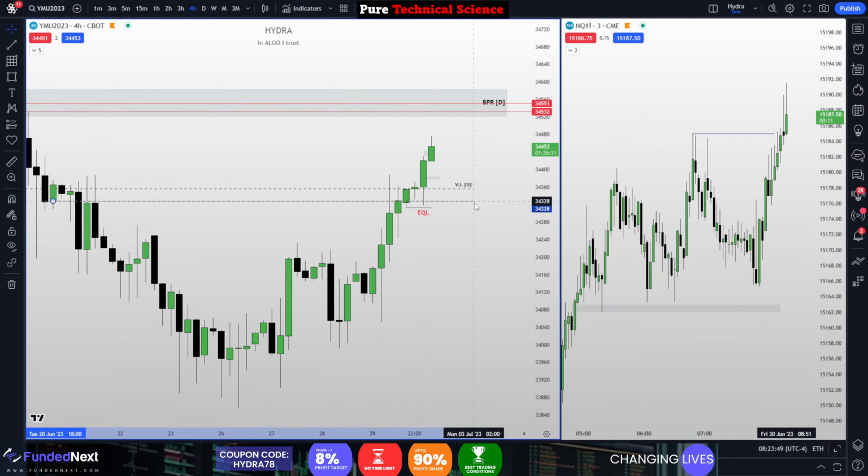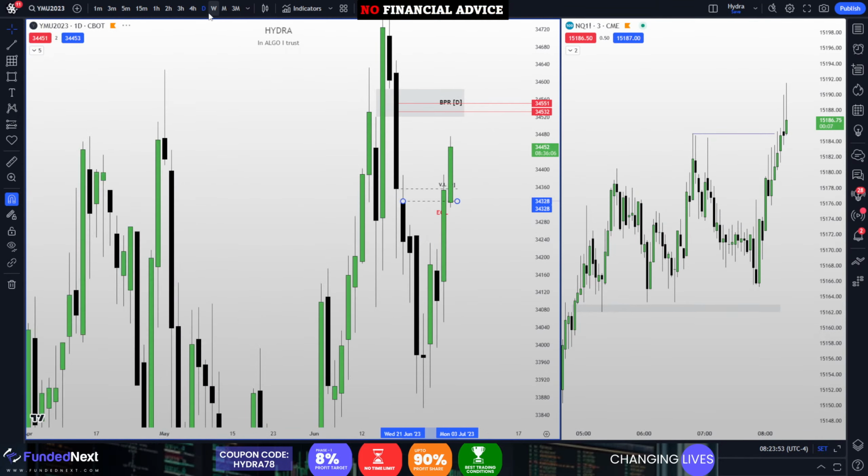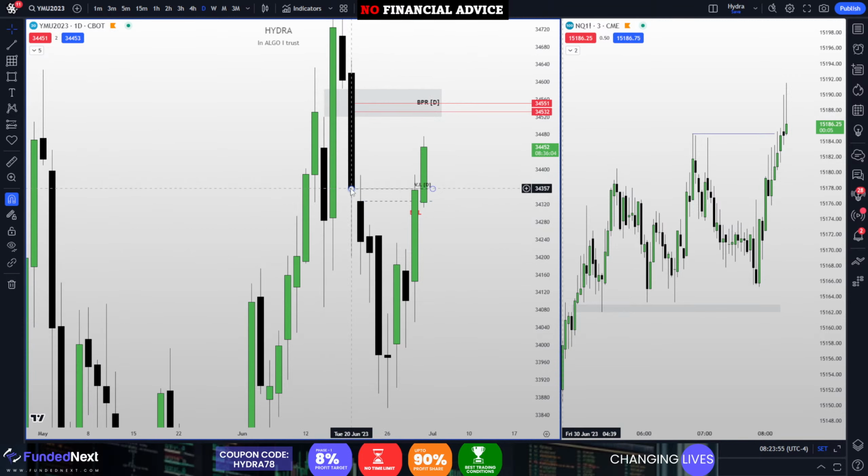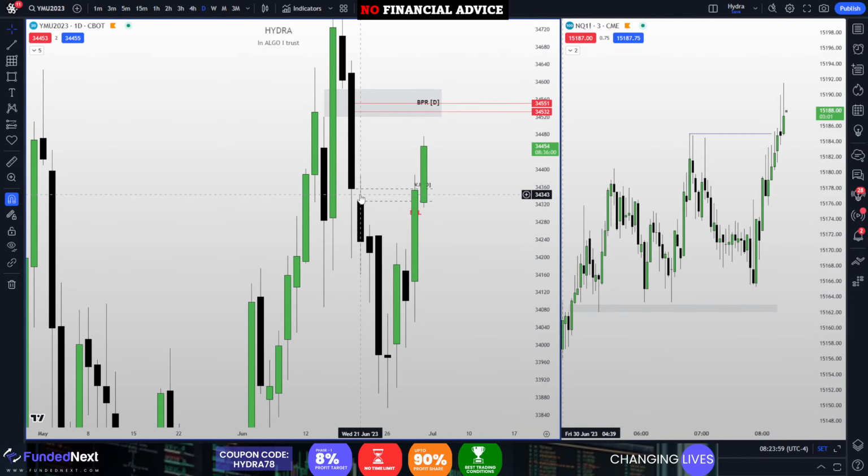And we have a volume imbalance right here where we can take partial. It is visible on the daily chart. Do you guys see it? A small separation. It's not a liquidity void. Some of you I see marking volume imbalance as liquidity void. A liquidity void is when price has no wicks in between a gap,